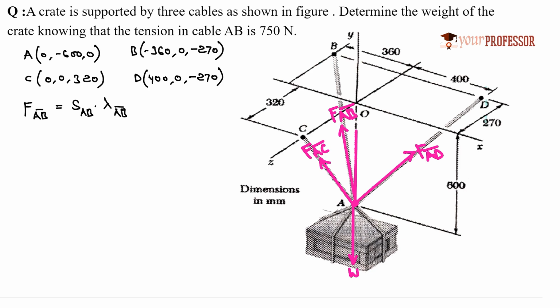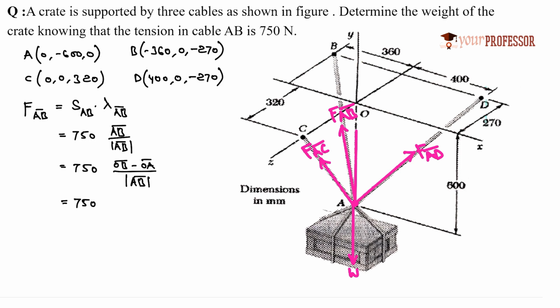The tensile force in the string AB is given as 750 newtons itself in the problem. When we consider lambda AB bar, it is nothing but the unit vector which is given by AB bar by modulus of AB bar. As it is the first vector, I am writing in detail. For the remaining vectors, I will do it directly. So that is equal to 750 into AB bar, which can be written as OB bar minus OA bar divided by modulus of AB bar. So that is equal to 750 into OB bar, which is nothing but, so you need to write this one in the form of vector.